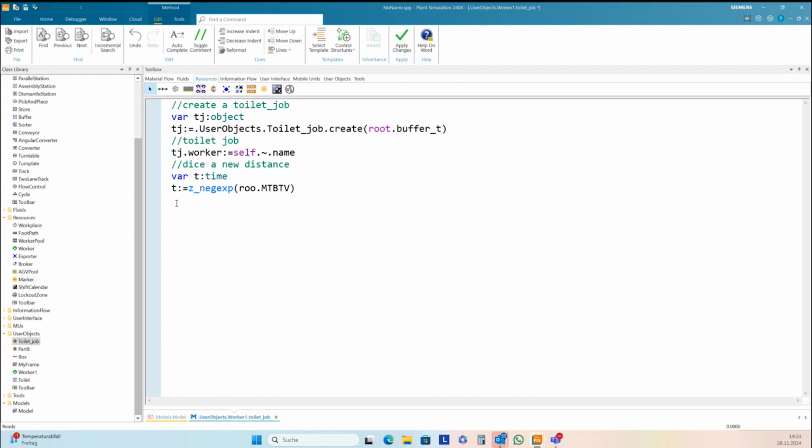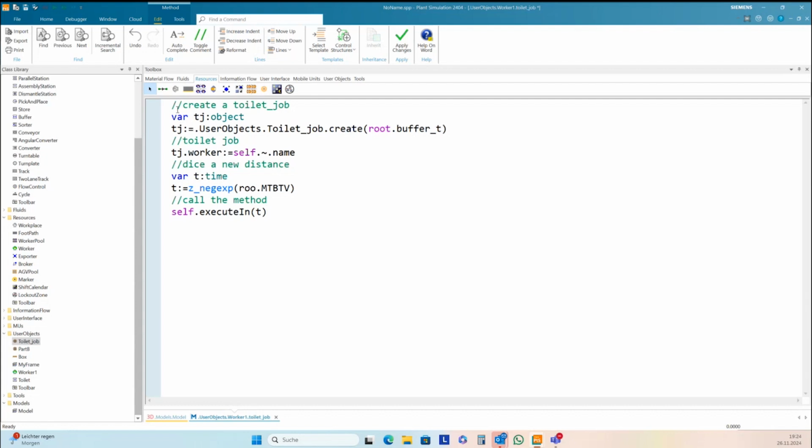This is the time until the next visit. And then we call this method with this delay, self.execute. We can call this method with this new distance here.